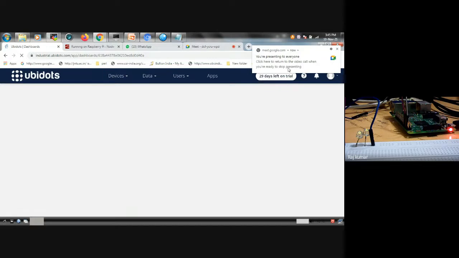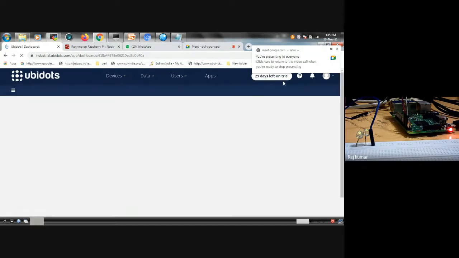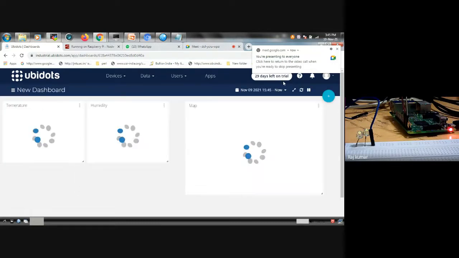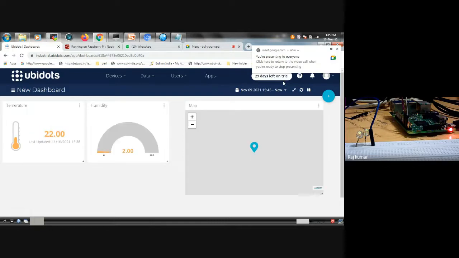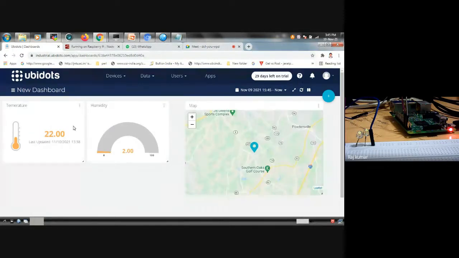You can see on the right side of the window, 29 days left on trial. These are the three variables coming from my Raspberry Pi: temperature, humidity, and a map showing the location of these devices. But here I'm not using any sensors.